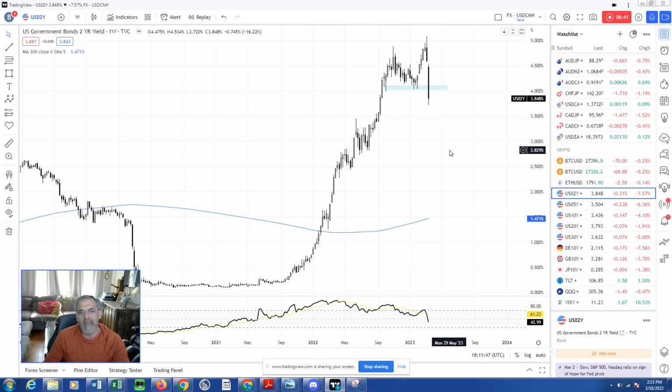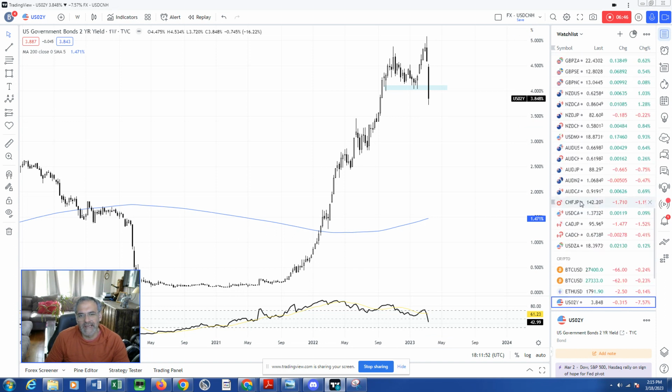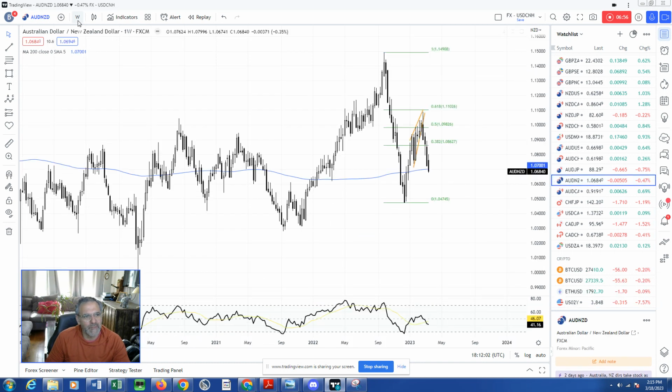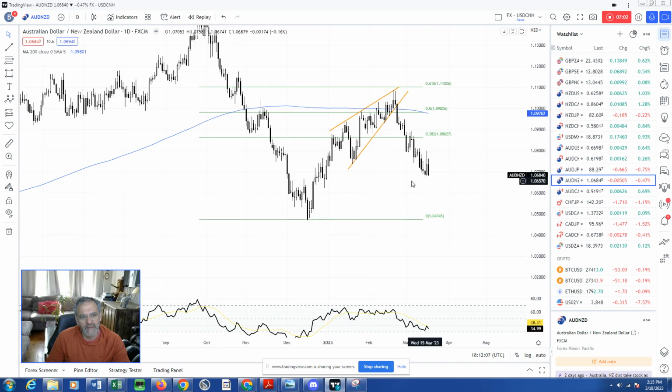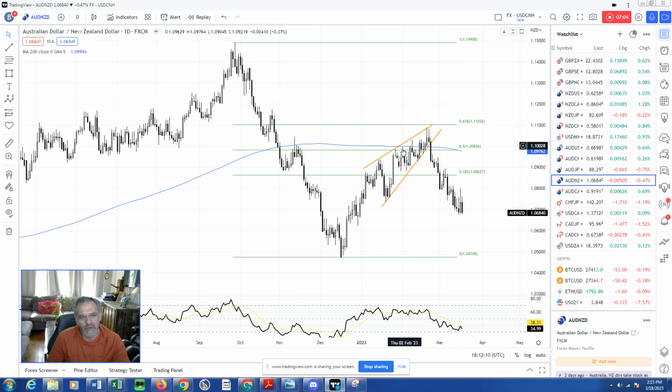Now let's look at the pattern that everybody's been asking me about, and that is the ending diagonal, right? And we've done really well with that pattern this year so far, identifying 3 key trades with that pattern. Let me show you the first one, and I'm going to go to my daily charts. We identified this pattern early on in the year. We went short when we saw this ending diagonal with this divergence. This is one of my favorite patterns to trade. We did sell Aussie Kiwi, and it still offered.